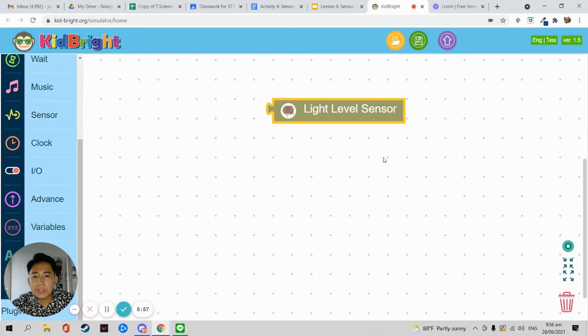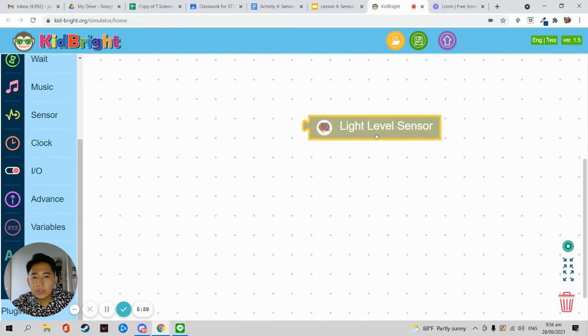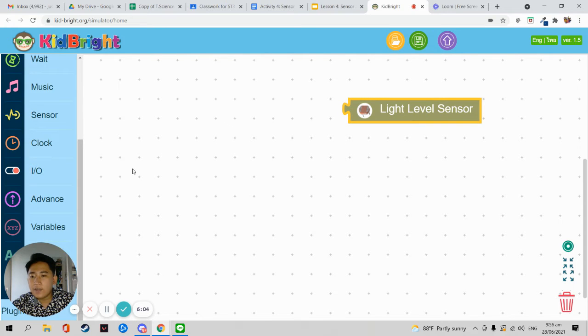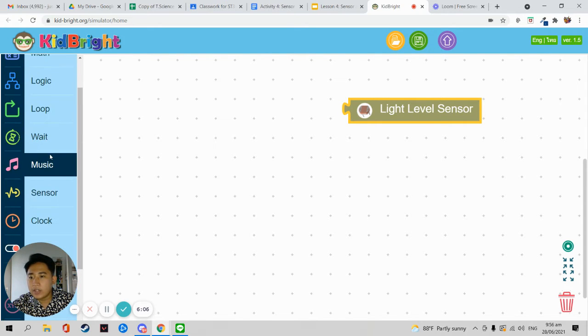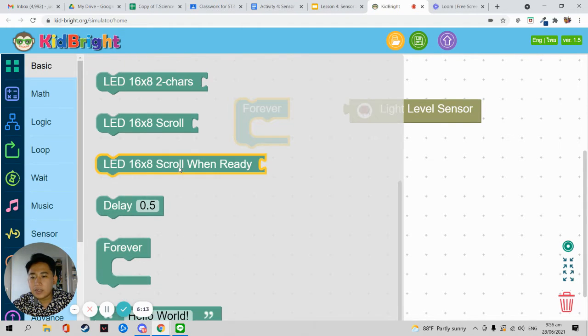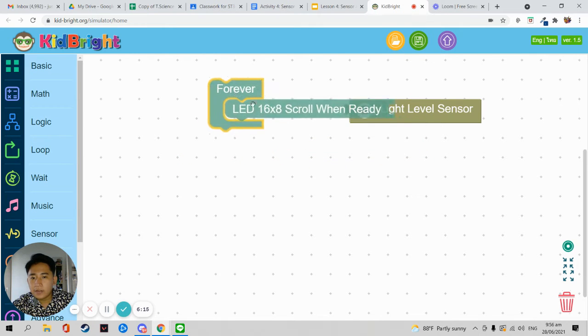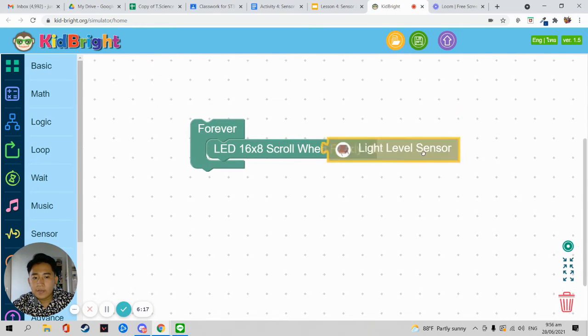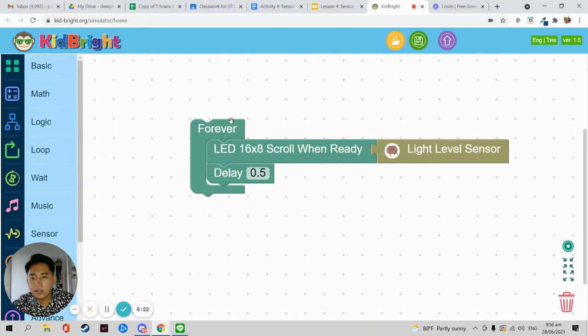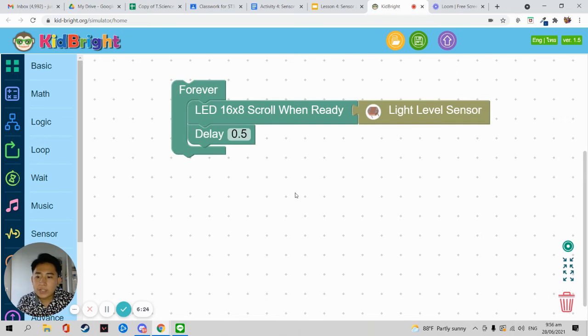So let's first use the light level sensor. Using this command, guys, we can display the value of our light level sensor. If we want to display it, we can just put it inside the forever. And let's use the LED scroll when ready. Then let's put it here, and we can put a delay here. So this is a simple code on how to display the value of the light